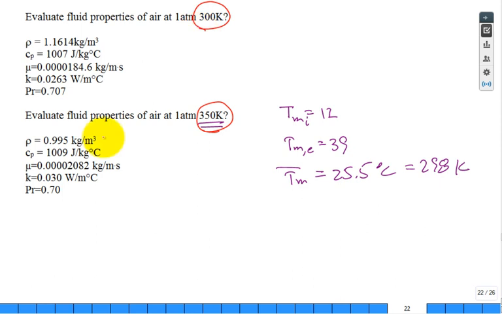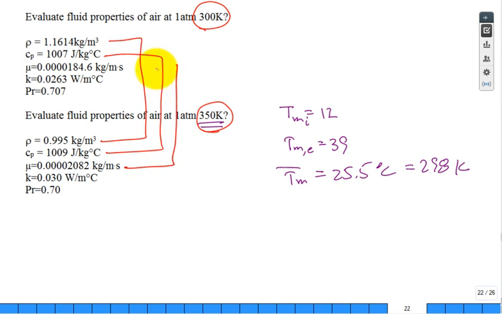Well, how did the density change? Well, okay, that's a significant change. How about the specific heat? Not really. How about the viscosity? Well, yeah, there's some change there. How about the thermal conductivity? A little bit. How about the Reynolds number? Not really. But if you rerun all of these calculations again,